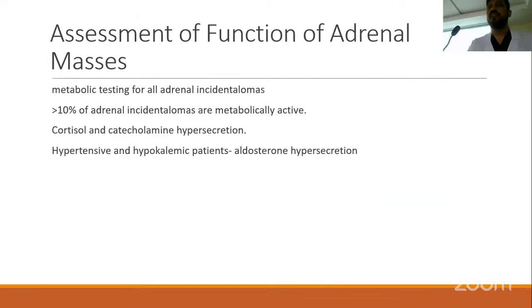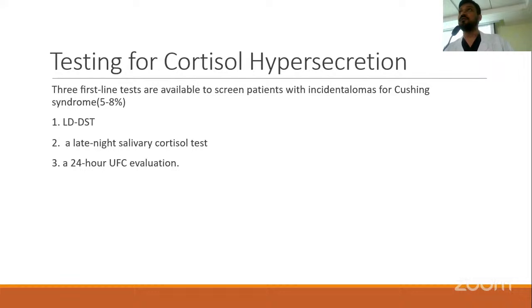Assessment of function of adrenal masses. Metabolic testing should be done for all adrenal incidentalomas because more than 10% are active lesions. Routinely, we do catecholamine and cortisol hypersecretion screening. However, in hypertensive and hypokalemic patients, aldosterone hypersecretion should also be tested. For testing for cortisol hypersecretion, there are 3 first-line tests: low-dose dexamethasone suppression test, late-night salivary cortisol test, and a 24-hour